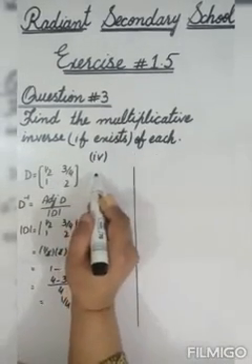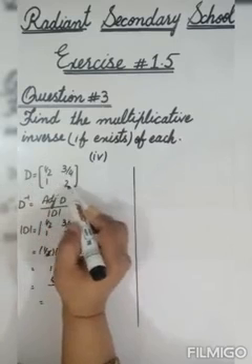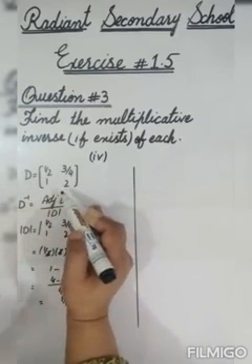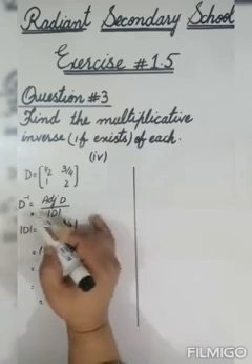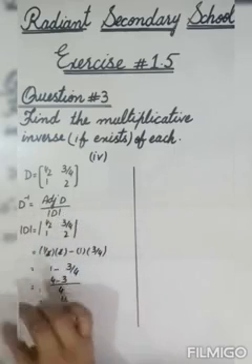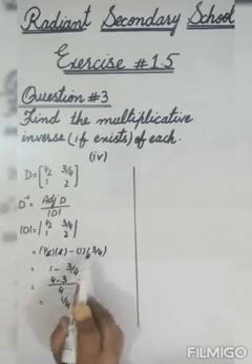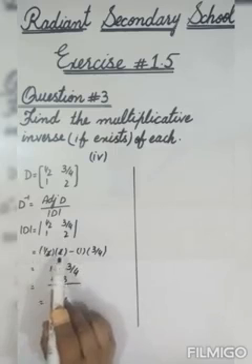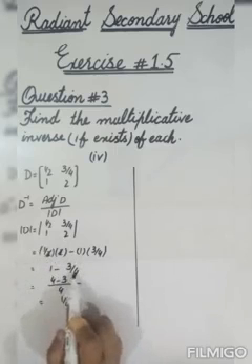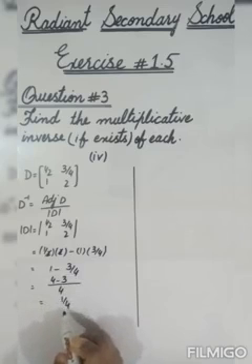Now there is part number 4 which is very important, which is D is equal to 1 by 2, 3 by 4, 1 and 2. You know very well the formula of the multiplicative inverse, which is D inverse is equal to adjoint of D divided by D determinant. Students, first of all we have to find out the determinant, which is equal to 1 by 2 into 2 minus 1 into 3 by 4. 2 is cancelled with 2 and the answer is 1 minus 3 by 4. Now here we have to solve it by taking the LCM. LCM is 4. 4 minus 3 which is equal to 1 by 4. This is the determinant of matrix D.